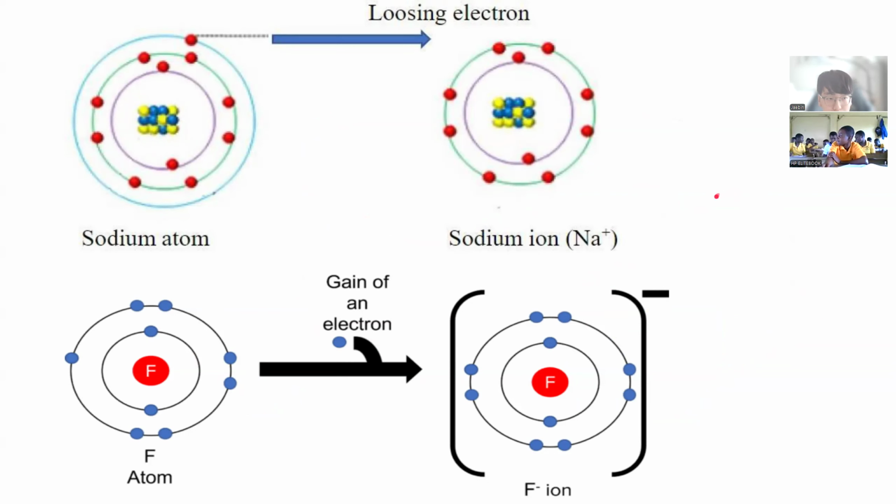You can see sodium atom, it loses one electron at the top. It becomes sodium ion, which is Na plus. For fluoride F, it gains an electron, so it becomes the F minus, the fluoride ion. Since it gains electrons,